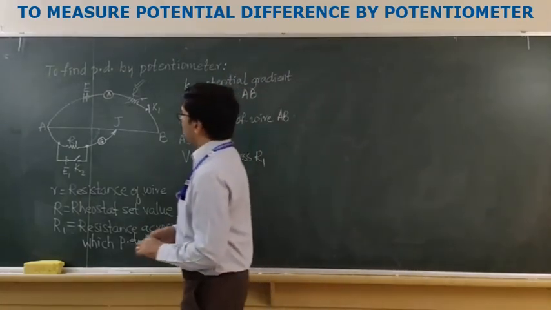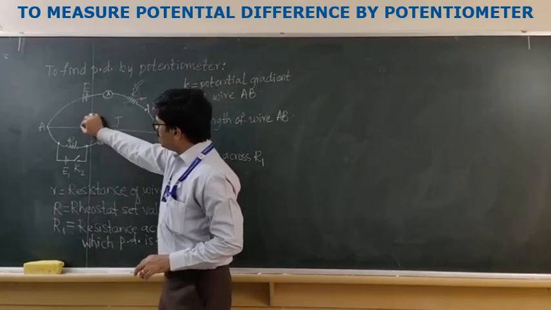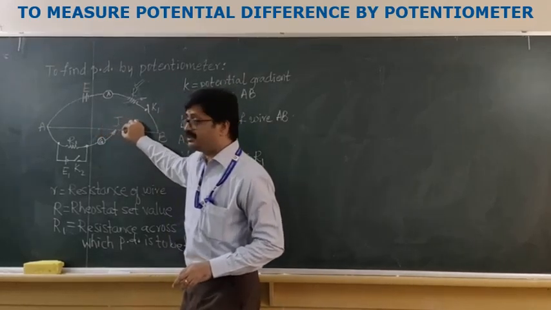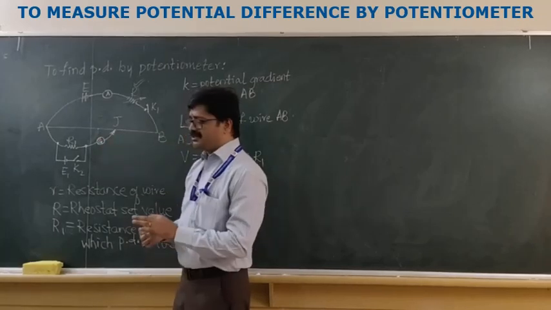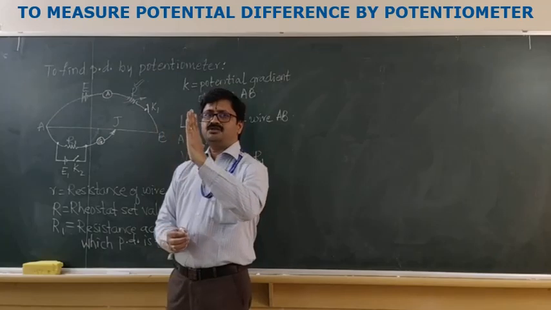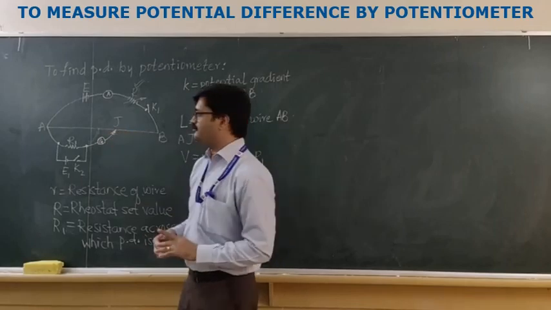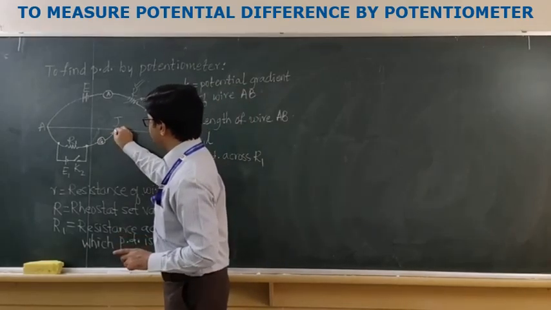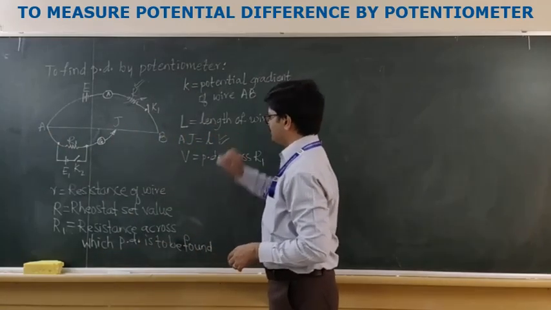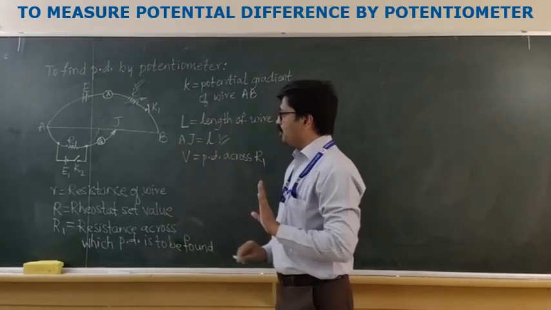So next step what we shall do is, we will close key K2. Okay, then we will start moving the jockey on this wire AB. If we move the jockey on this wire AB, we tend to see that the galvanometer deflection slowly starts to come to zero, and at one point J the galvanometer will show zero deflection. This point J I will mark and I will measure the length. Suppose that length is, say, small l. Okay, then AJ is equal to small l.